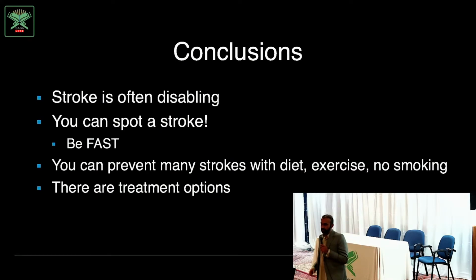So there's many reasons for having a blockage up in the brain. And one of the reasons for having a blockage up in the brain is a blockage in the neck. But there's other reasons like heart arrhythmias or other parts of the body, where clots can flow off. But that's a common one, and that's just the example I chose. So the question was, why only the neck? And the answer is it's not only the neck that can cause a stroke up in the brain. It's the example I chose to show, but there are lots of other reasons for having a stroke from the heart and other places.